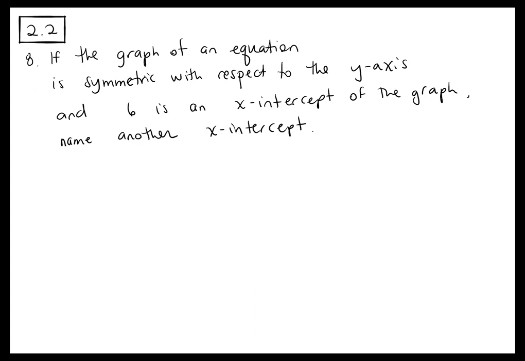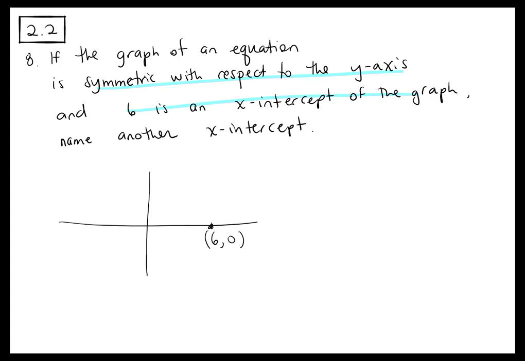Alright, now question 8 is talking about the graph of an equation, which they're not giving us the actual equation. They're just saying, hey, we know certain properties of it. So we know it's symmetric with respect to the y-axis, and we know that 6 is an x-intercept. So for that, let's just draw a quick sketch of a graph. We know that (6, 0) is an x-intercept. So since we have those two facts,